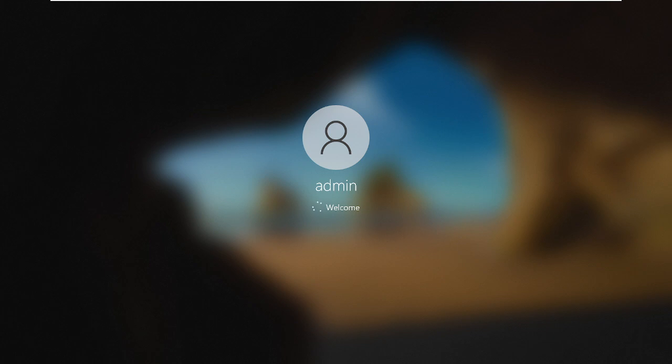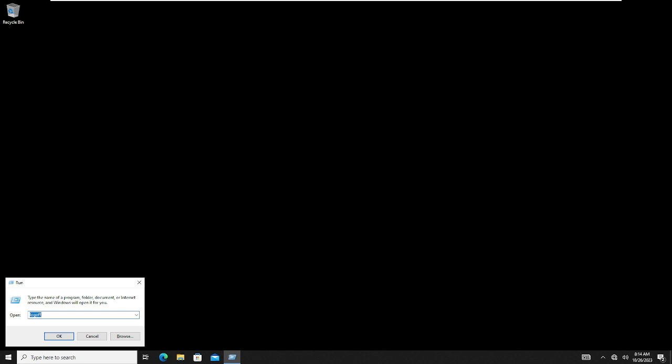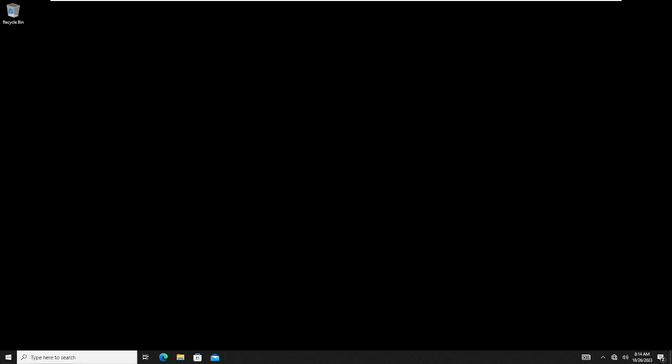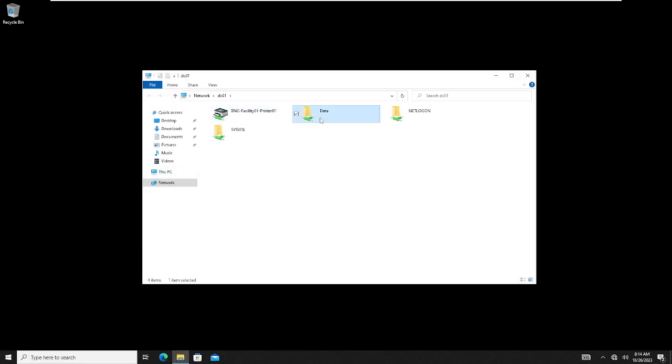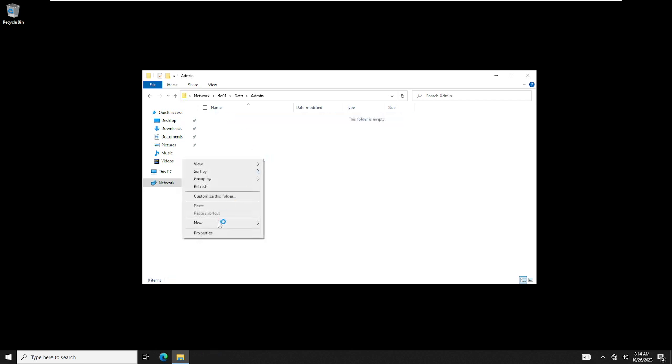So there is an option called access based enumeration. Access based enumeration means if you have access only, then the folder is visible. If you don't have access, you cannot see the folder. That is why this admin folder is not visible there. So now since you have the admin folder, okay, DC01, you will be able to see the folder inside the data. See, now you are able to see the admin folder because I have given the access to the admin folder. See, you can open the admin folder, you can create a new file,